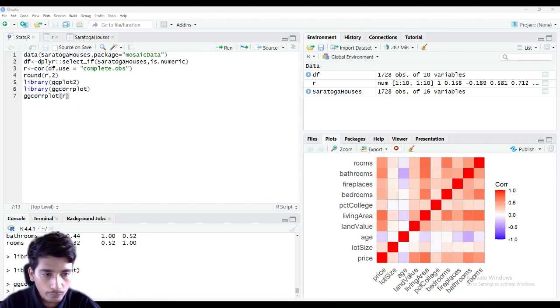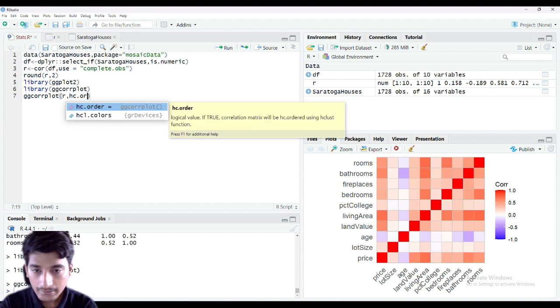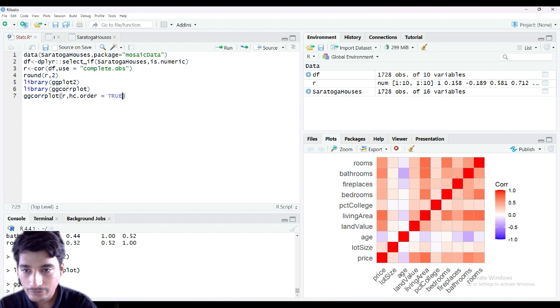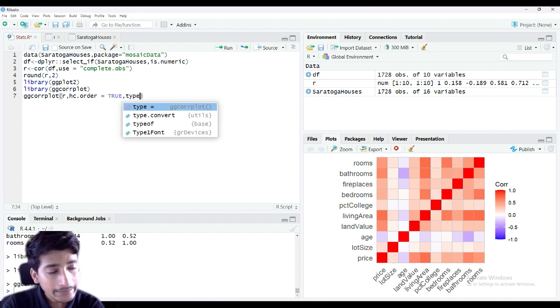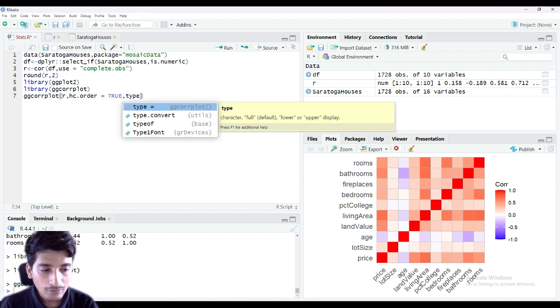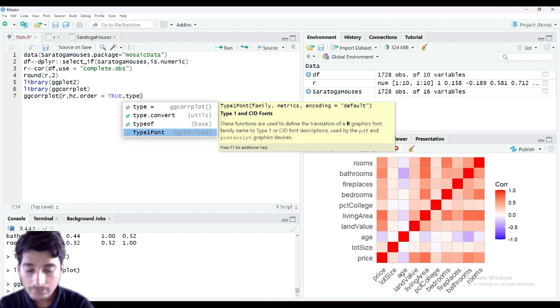But before we move on to the next plot, there are a few things that we could add to this plot. We could provide some parameters. R is one parameter, then hc.order, a logical value, if true it orders from highest to lowest, and most of the repeated parts would be removed. So we will provide hc.order to be true, and it will remove the repetition, like similarly we have for bathrooms and age. Here in this graph it will remove the age and bathroom repetition, and then in the type we could do it for